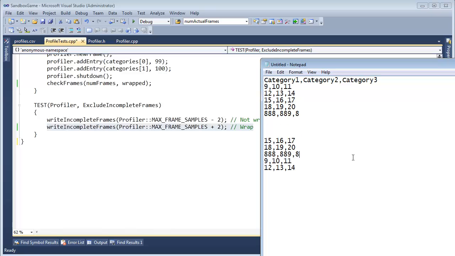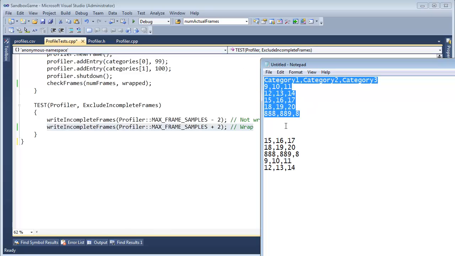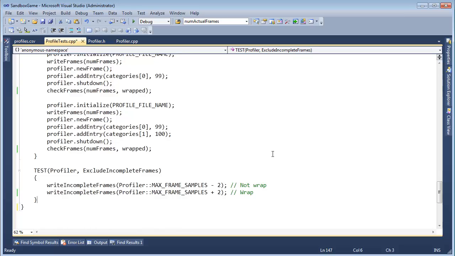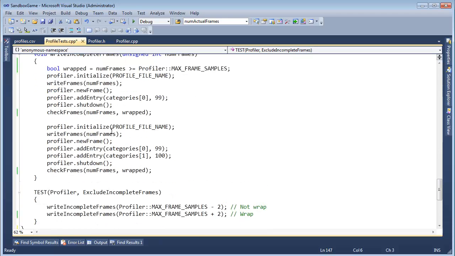Well, we know the profiler is going to dump this out to the files, so everything should check all the way to this point. And then at this point, our tests are going to stop checking, right? But then they're also going to check and ensure that we're at the end of the file, which is not true. So I expect to see an end of file failure, and I actually expect to see 2 of them because we do 2 cases of writing out partial frames. So let's try this. Control F5,